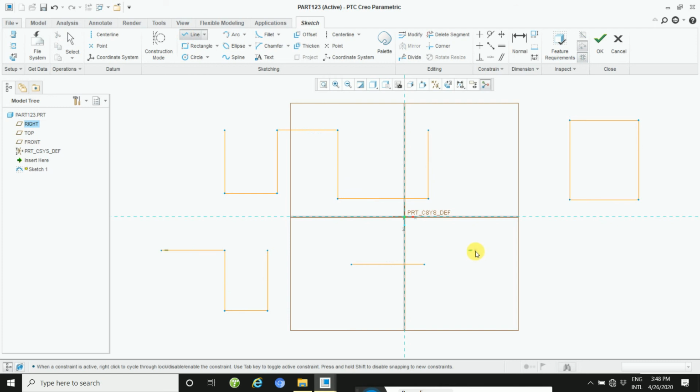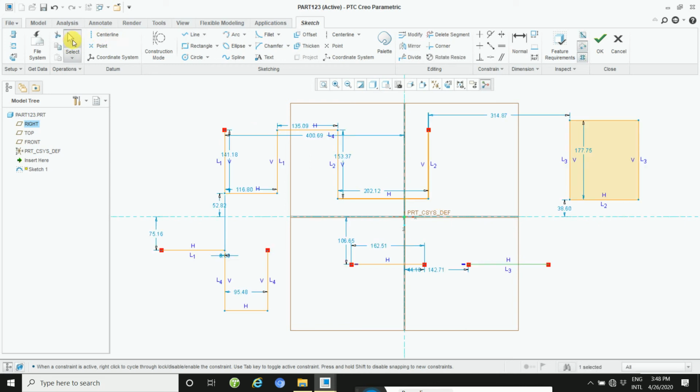Take another example this way. If you want to execute this command, then click here. When you execute the command, automatically all the lines are defined, because Creo is a parametric software. All the relations are self-developed.